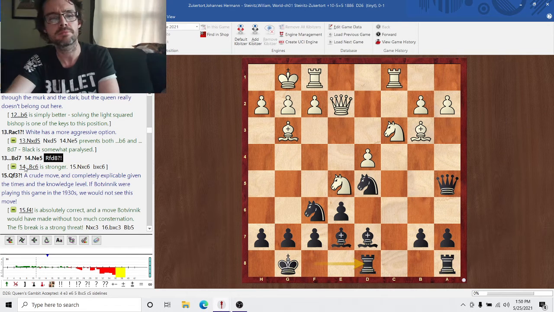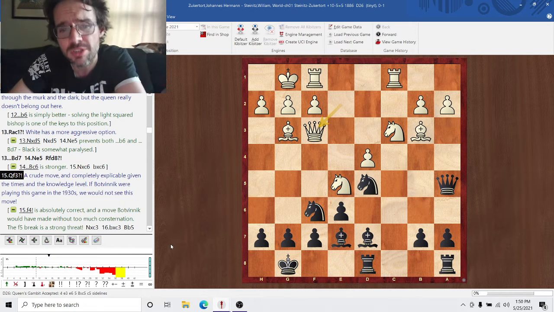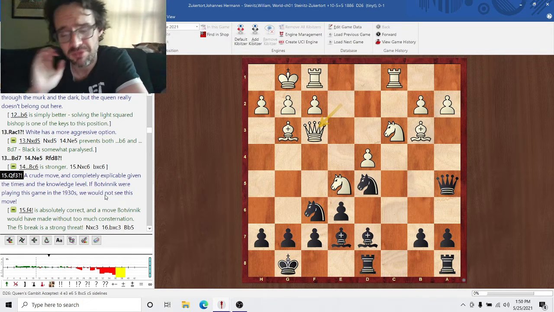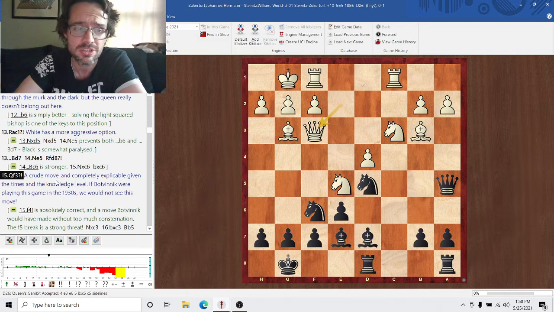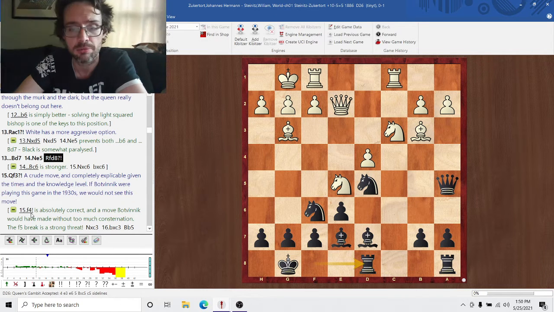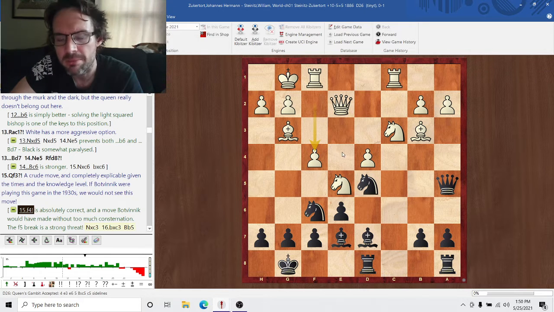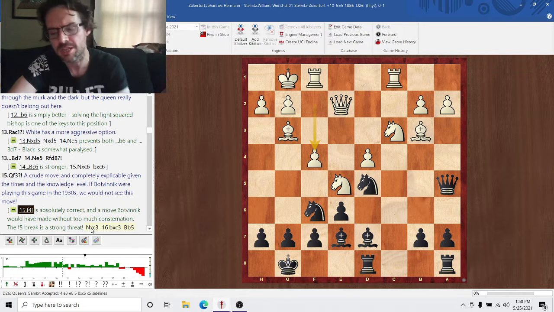But rook f d8, queen f3. So this is another very crude move that showed the level of what they knew about isolated pawns back then. If Botvinnik were playing this position in the 1930s, he absolutely would have played the correct move, which is f4. And this is just a straight battering ram move. This is just threatening to ram the pawn up to f5 to open up lines on the king's side. One example line I gave,